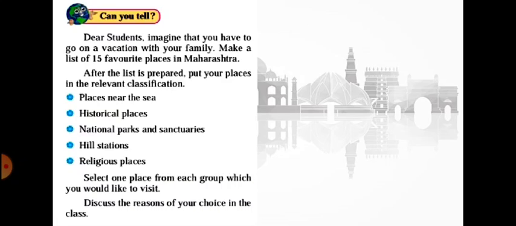Dear students, imagine that you have to go on a vacation with your family. Make a list of 15 favorite places in Maharashtra.